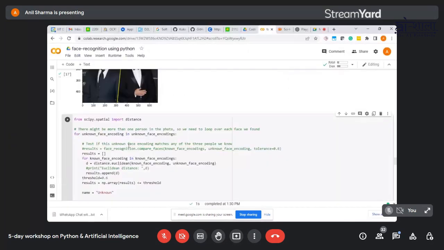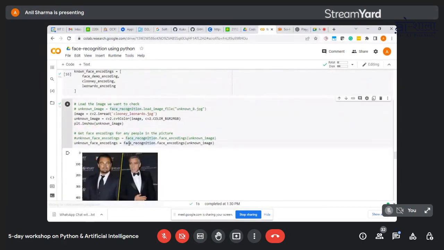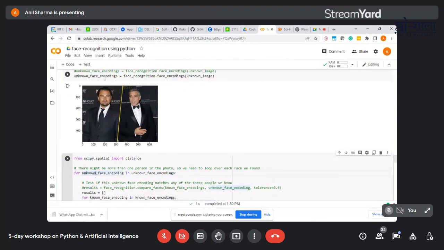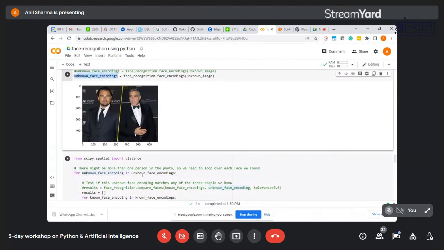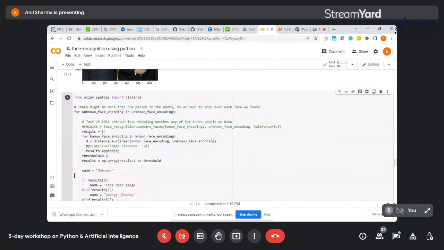Okay, so let's just run. Now we will actually use face_recognition.face_encodings on this unknown image, and we will compute the face encodings for it. I'm not applying zero here because I want to use the face encodings of all the faces that are there in this unknown image. Now, if there are multiple faces, there will be multiple encodings here. So we will run a for loop for it,